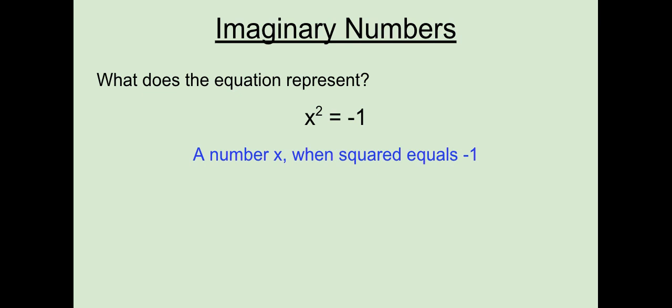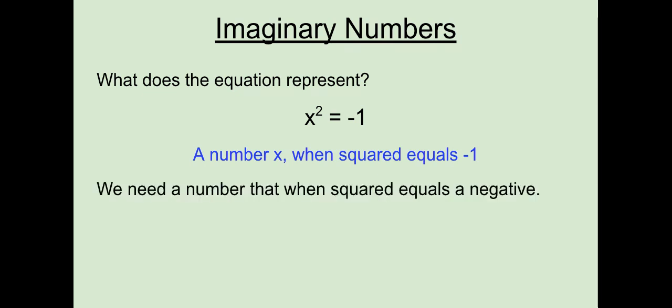Well, look at your real numbers, right? A real number is any number from negative infinity to infinity. There are no real numbers where this happens. If you square a positive number, you'll get a positive. You'll never get a negative. If you square a negative number, you'll get a positive. You'll never get a negative. And if you square 0, you'll just get a 0. So there are no real numbers that do this, which means we need to come up with a